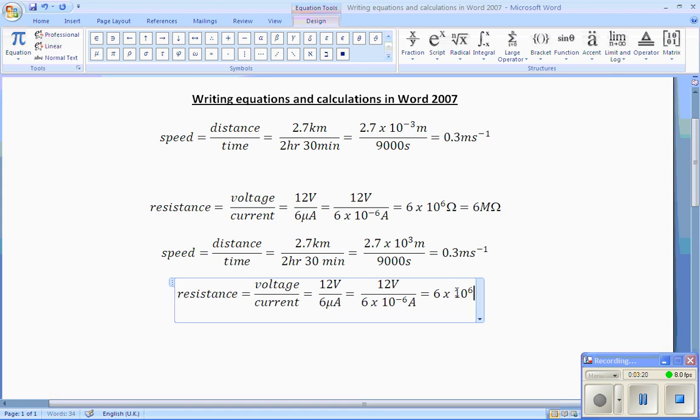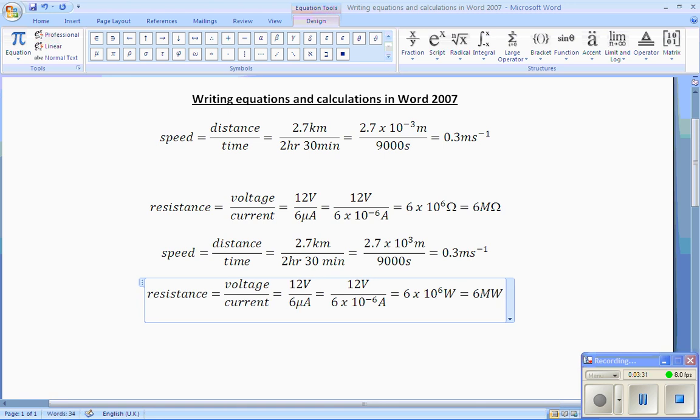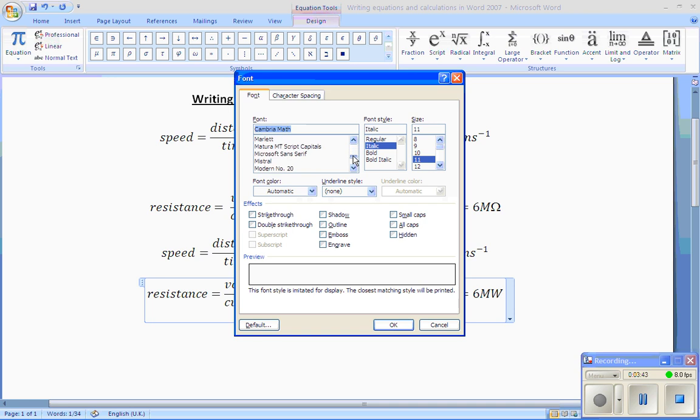10 to the 6. Now to get ohms you actually need to first of all put it in as a capital W, and a bit later on we're going to come back and change that. So that's then going to be 6 mega capital W. Now the reason for the capital W, if you then switch across to normal text, that will allow you to go back and change this, change the font, and if you put this in as symbol font,